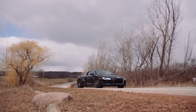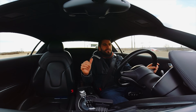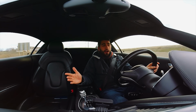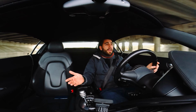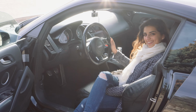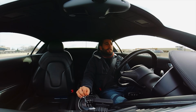Inside, you feel like you're cocooned in her arms, and she's wrapped around you, and she's making these beautiful sounds behind you. It's so nice. It's so pleasurable. So you think about all this performance that this car has, and it's got a lot of performance, but it's also super comfortable and livable. It's considered one of the best everyday supercars that you can go to work in every day. If I could, I would. I work downtown Toronto, so I can't bring this downtown, but this is super comfy and inspires a lot